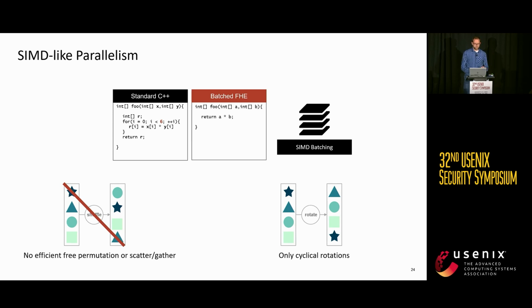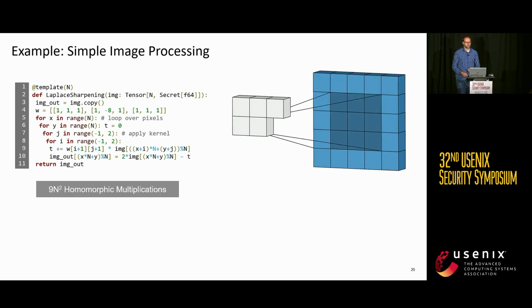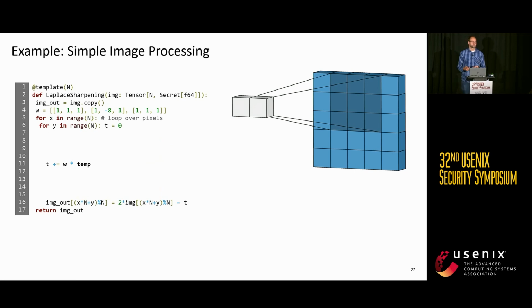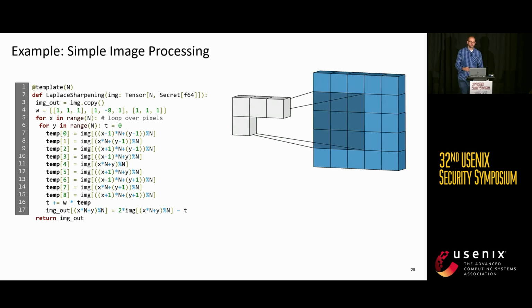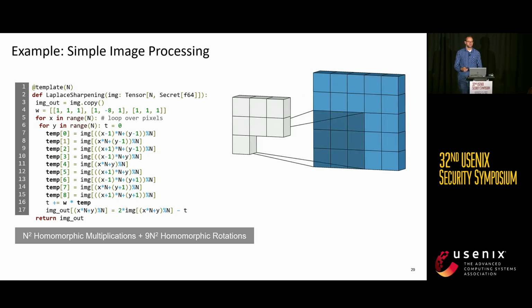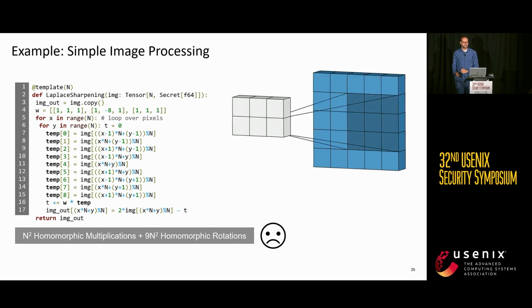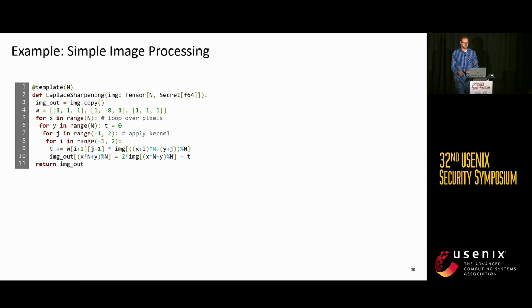And so in order to show you why the existing vectorization techniques don't really transfer to the FHE setting, let's consider a simple image processing application. For this program, we iterate a 3x3 kernel over each pixel, and a natural approach here might be to unroll and try to vectorize the internal loops. However, because we need data movement to do this, rather than reducing the number of operations required, we actually introduce expensive homomorphic rotation operations. That means that our cost, in fact, goes up. In fact, it is possible to batch this program effectively, but it requires a significantly different approach.